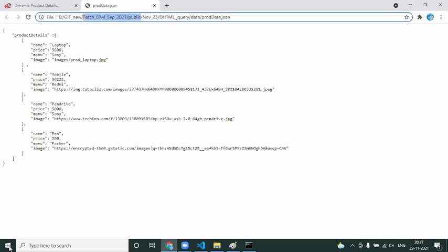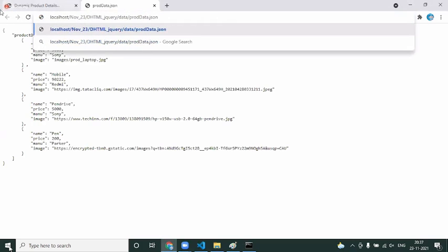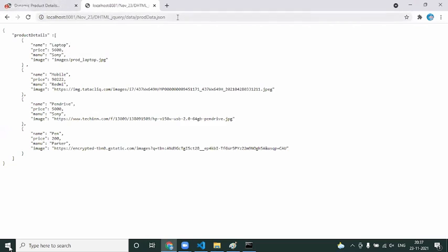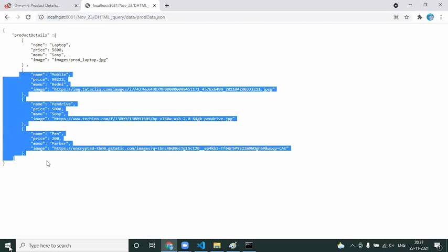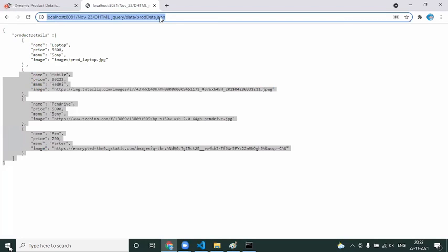Now what I can do, instead of this public, I can simply say localhost 8081, click on enter. Now, can I call this a web service URL, boss? Yes, we are hitting one of the URLs and we are receiving the data. That is your web service responsibility. You are not bothered, being a front-end developer. As a UI developer, you are only bothered about when you are hitting the URL, are you receiving the data or not? Yes, I'm receiving the data. Now we treat this as a web service URL because we are not comfortable creating the actual web service. We are creating a JSON file and treating that itself as a web service URL. Any questions here?